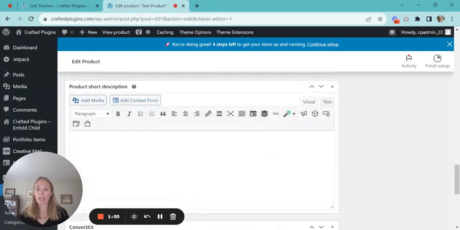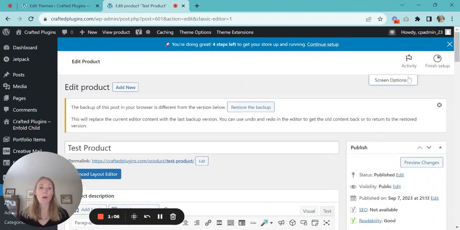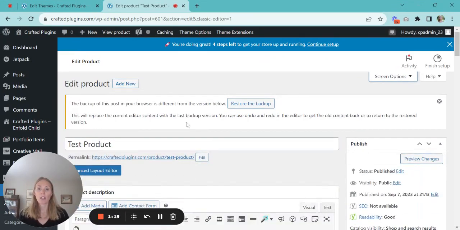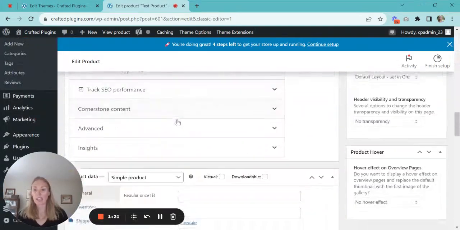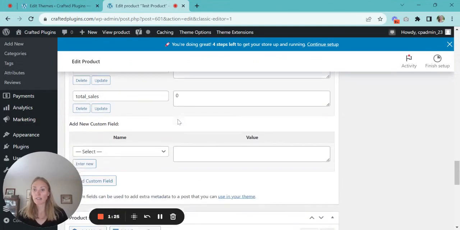and say, okay, great. I'm glad that this happened because this might happen to a lot of you. What we need to do is come in here. So what I did was I clicked screen options up at the top here, and we're going to make sure that the custom fields is selected. Then we scroll back down and we should see the fields